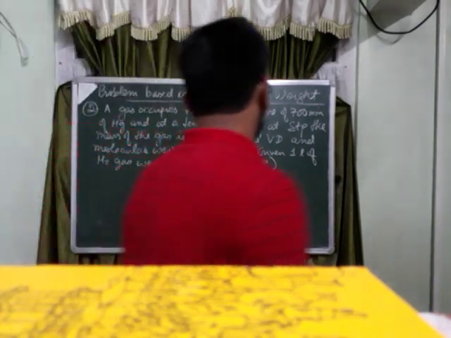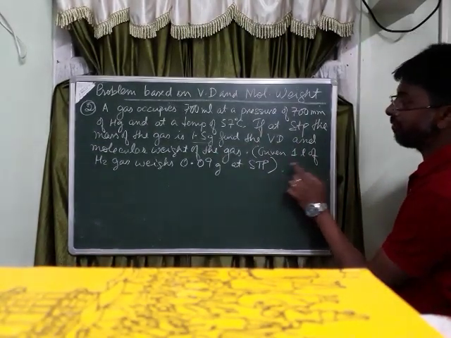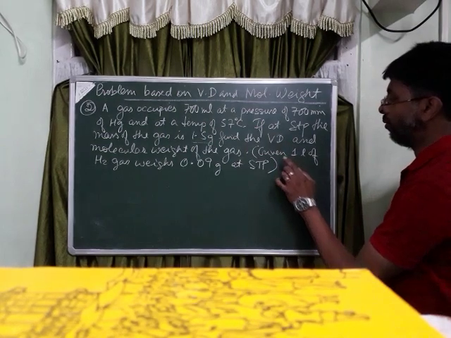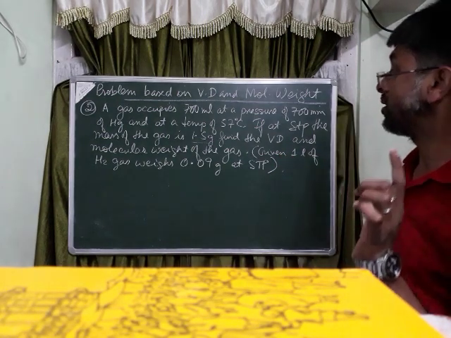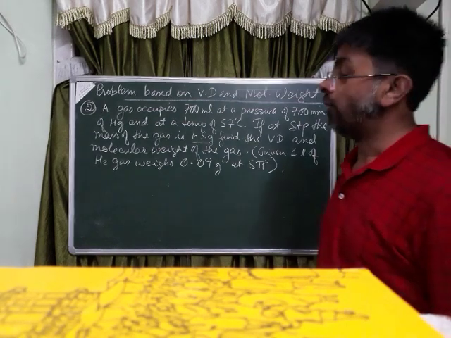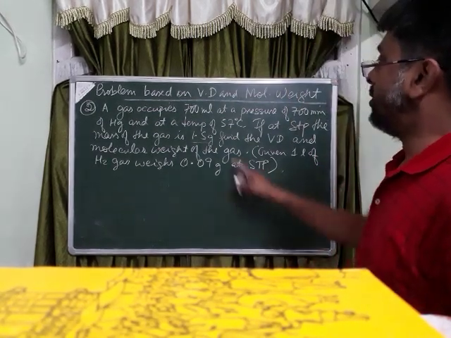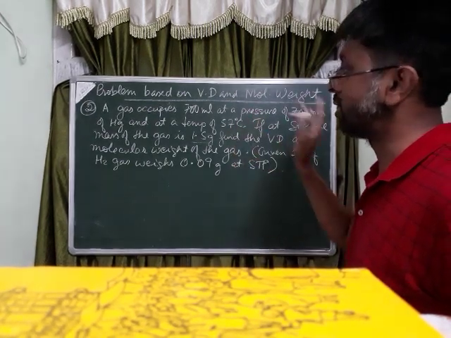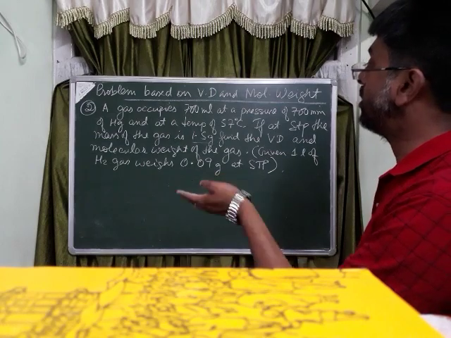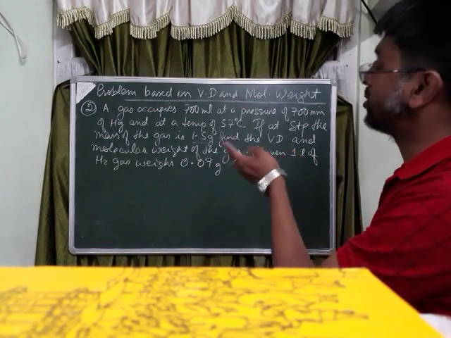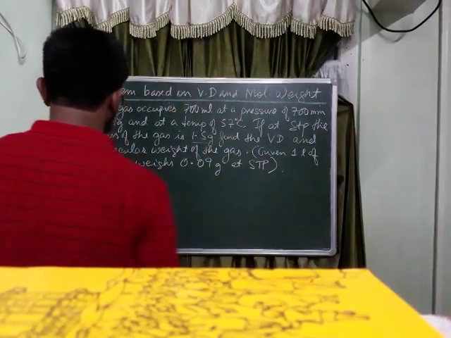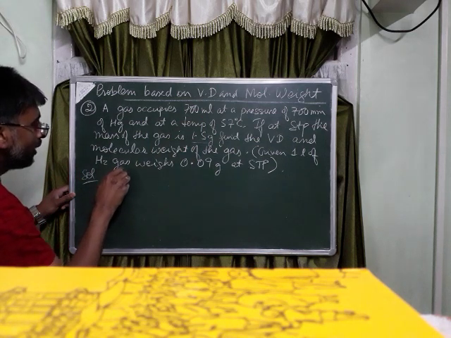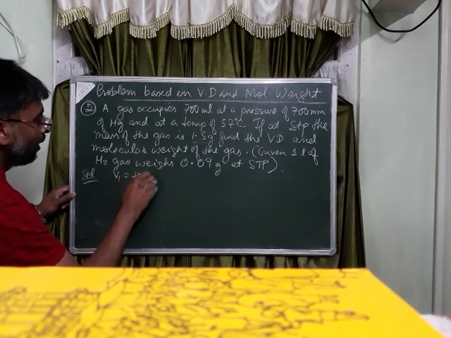So here one hint is given: 1 liter of hydrogen gas, how much? 0.09 grams. We have to use this in the formula to find the vapor density first. Now, what is the first thing we should do? This volume is not at STP. This pressure is also not at STP. This temperature is also not at STP. So the first thing we have to do is convert this volume, pressure and temperature to STP. Let us do it in this manner. Solution. First I write down the volume. V1 is equal to 700 ml.